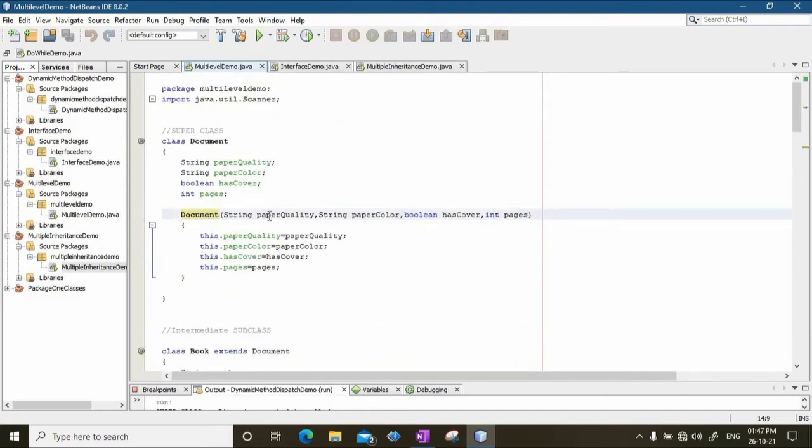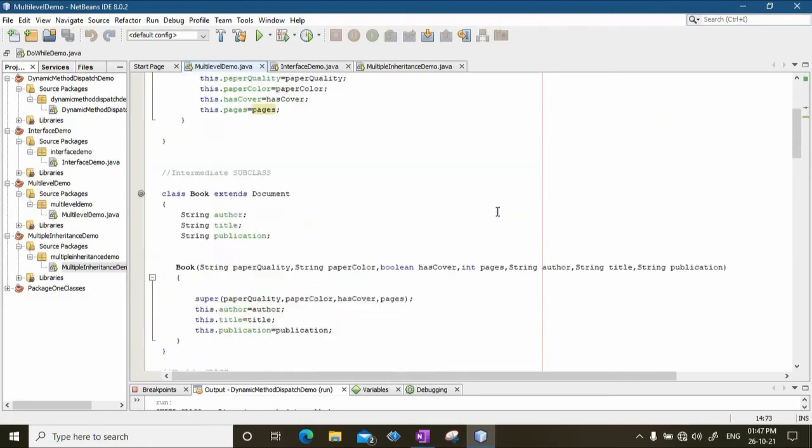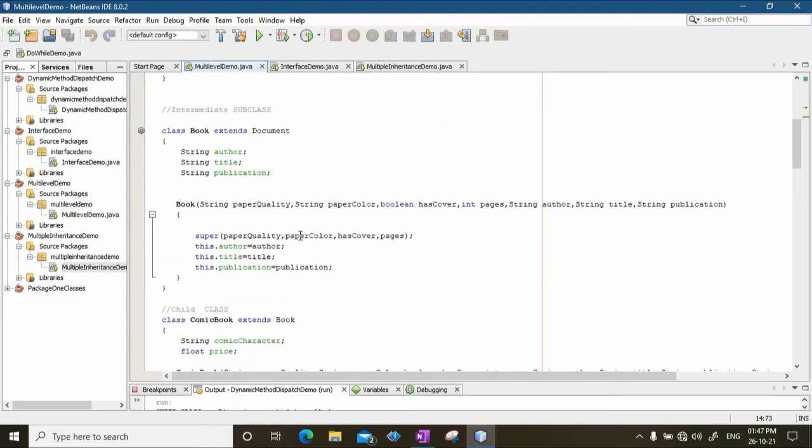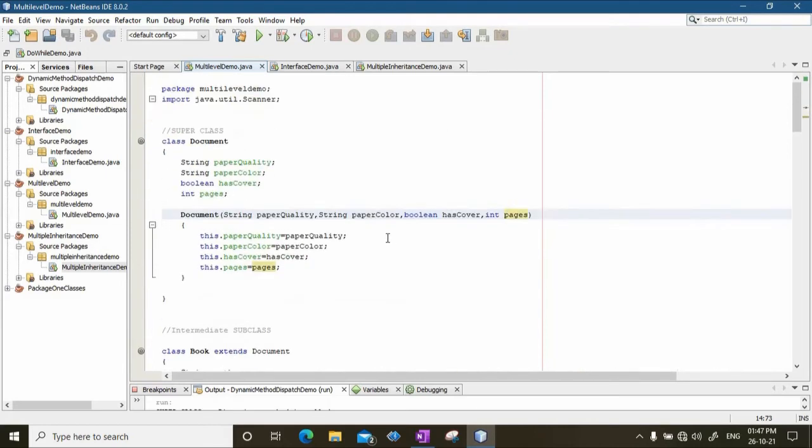So these four are the actual parameters, whereas these 1, 2, 3, 4 are the formal parameters. So when I write here paper quality, it is not this variable. When I write here paper color, it is not this variable.